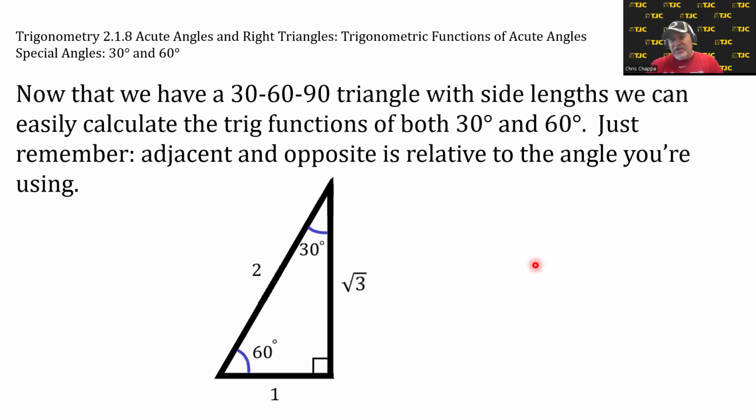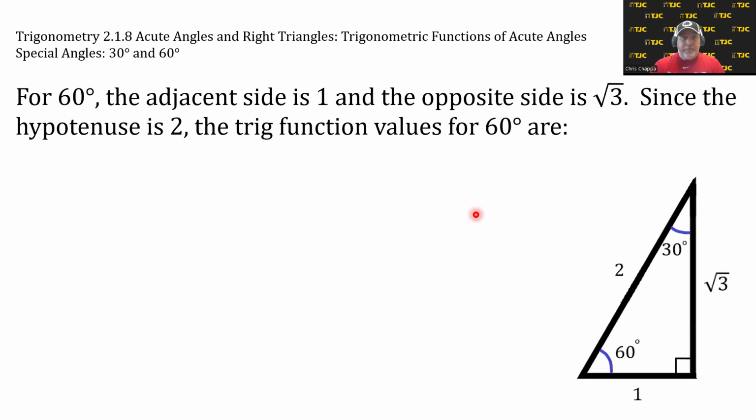Now that we have a 30, 60, 90 triangle with side lengths, we can easily calculate the trig functions of both 30 degrees and 60 degrees. Just remember, adjacent and opposite is relative to the angle you're using. For 60 degrees, the adjacent side is 1 and the opposite side is the square root of 3. Since the hypotenuse is 2, the trig function values for 60 degrees are,